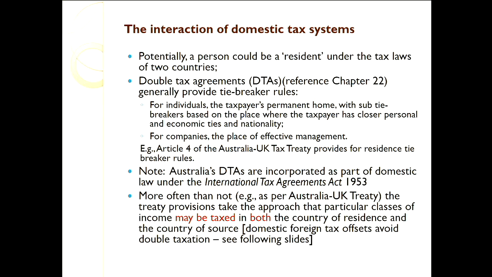These double tax treaties go through various kinds of income: employment income, income on the alienation of property, which is really to do with taxation of capital gains, and this goes with dividend, interest, and royalty income as well. Mostly it's saying both Australia and the UK can tax the income, right? So where's the protection with respect to double taxation? It's actually through domestic law, right? The foreign tax offset.